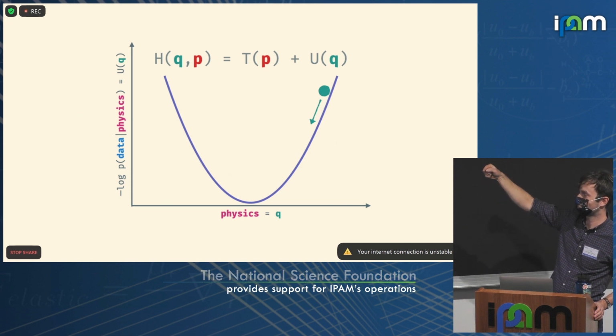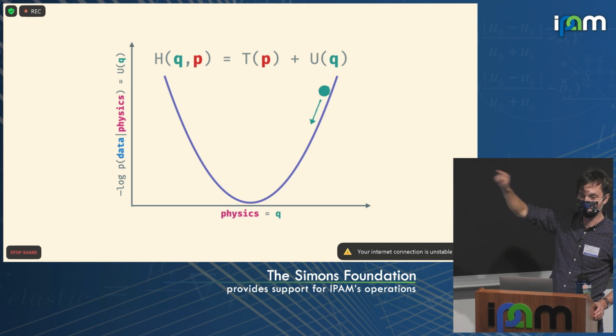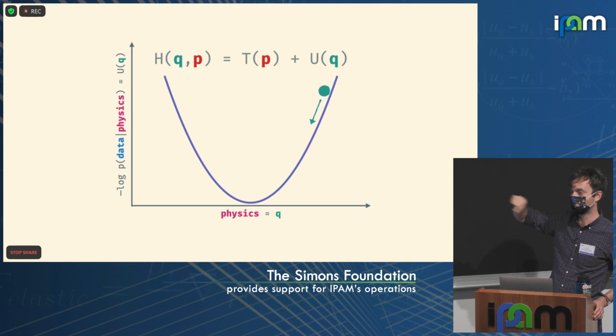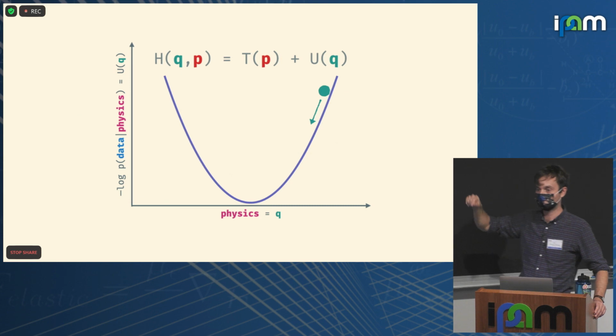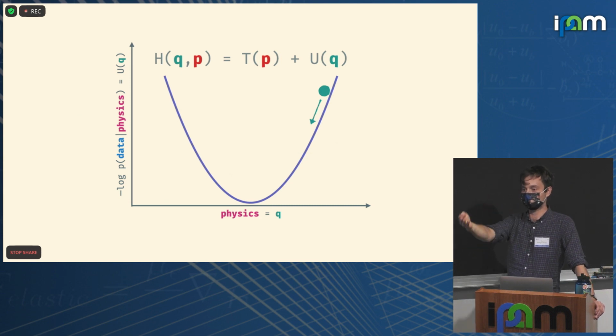So starting from some position and momentum, we can run a leapfrog integrator or something like that for some number of steps, and we'll get to some new part of parameter space. It turns out that if you do that and you conserve energy, then what you get is an MCMC proposal, a Metropolis-Hastings proposal, with an acceptance probability of 1,